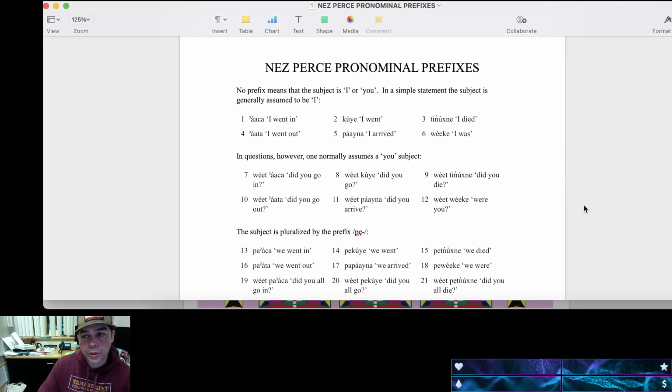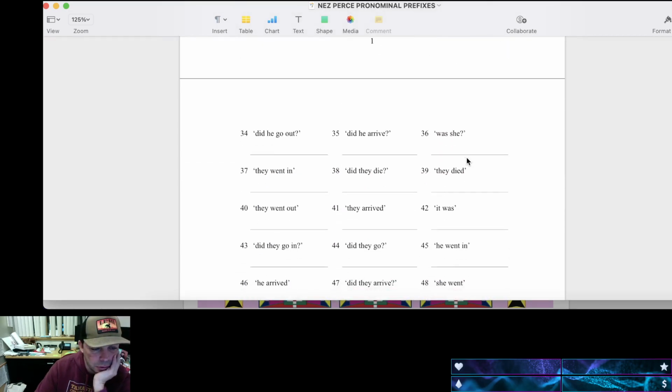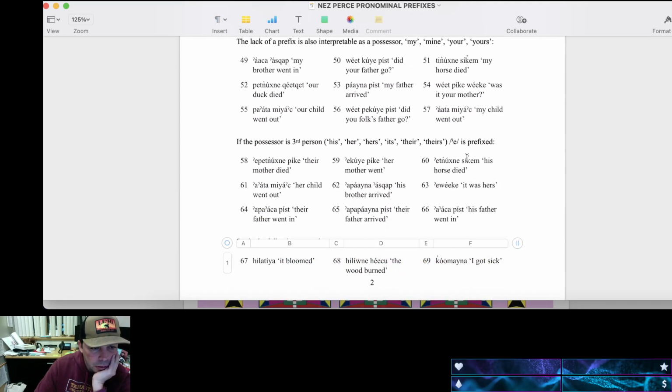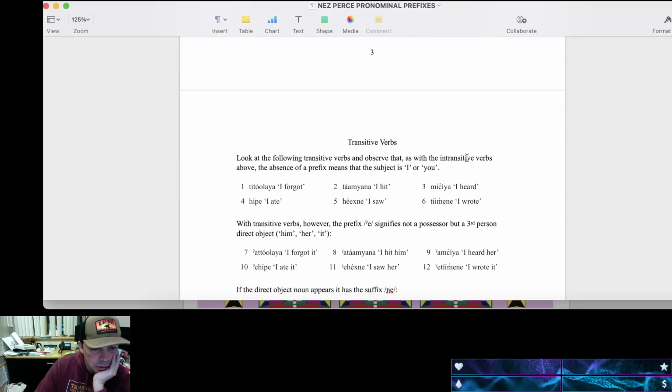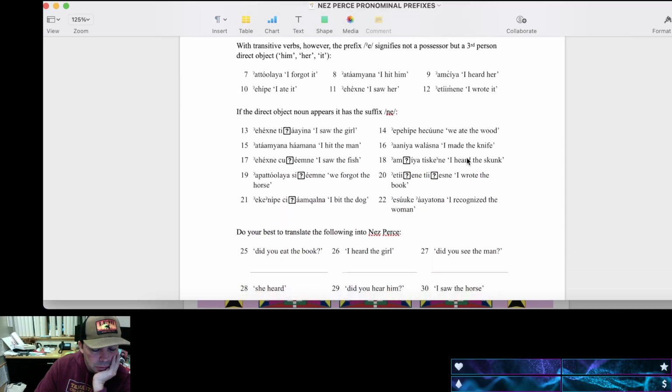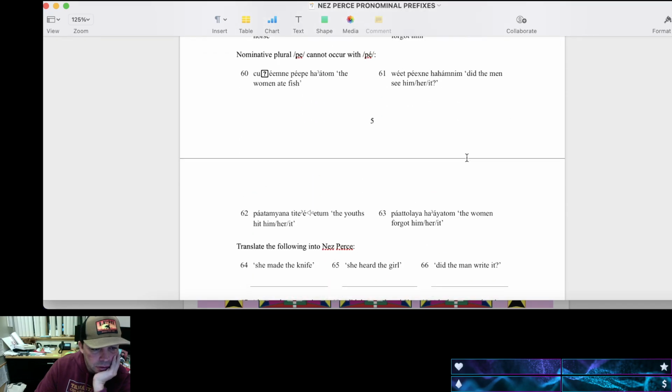So first person is when I'm talking about myself. Second person is when I'm talking about you. And then third person is where I'm talking about somebody else, somebody over there. So it's important to understand the difference between those. And then on the tense, we're putting those things on the end. The suffix goes on the end.